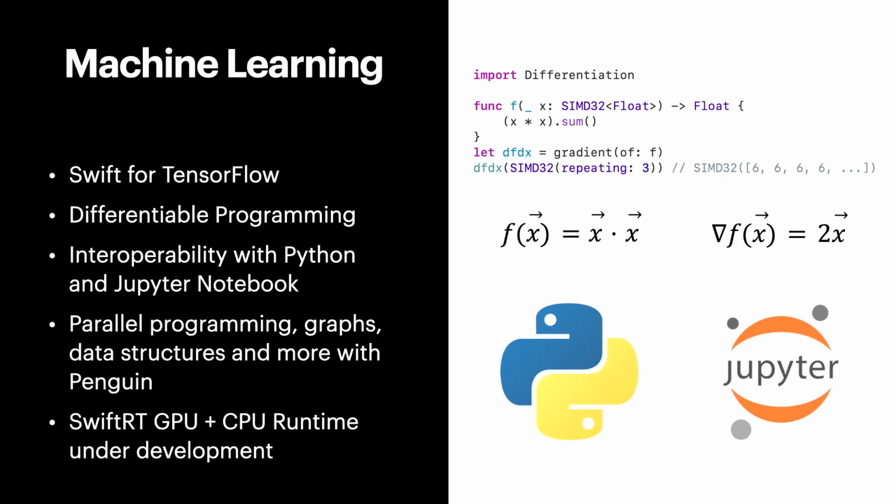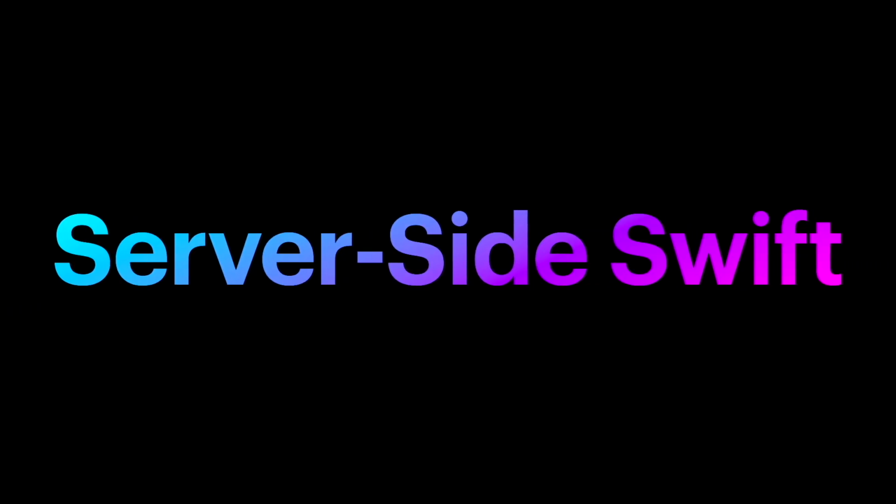This has enabled all sorts of new technologies, including Penguin and Swift RT, which allow Swift to be used at a crazy fast rate so that it can be used in science and all sorts of different scientific modeling technologies. At the same time, you have server-side Swift. There's a whole separate conference about this that I'm not going to look at because that's their problem. We're at this conference. One name really says it all, server-side Swift, Swift for servers.